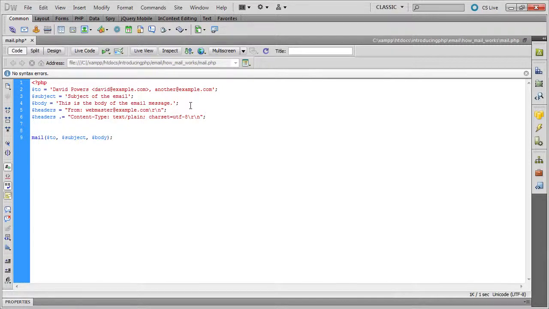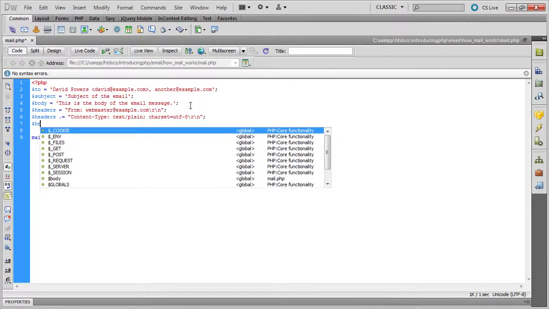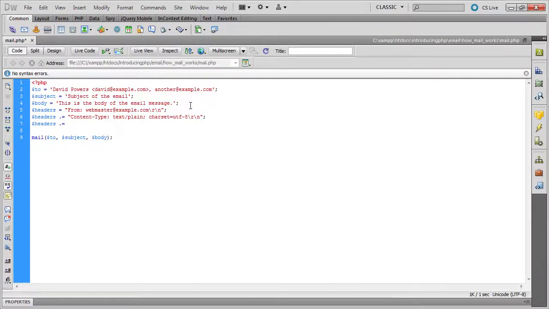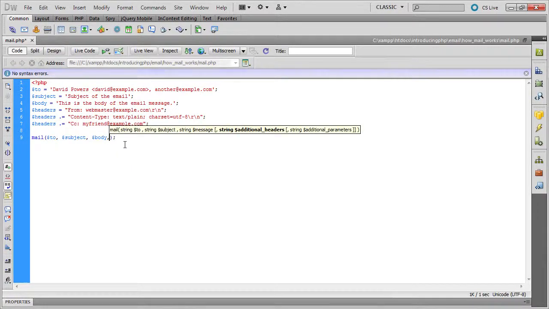And let's copy this to somebody else. So another header with the combined concatenation operator, and then CC followed by the email address. Now, if that's the last header, you don't need to have the carriage return and new line character at the end, so let's just finish it like that. And then you would insert that as the fourth argument